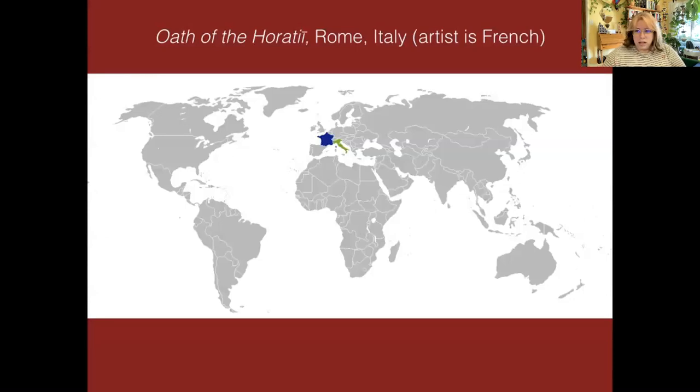I love this one. Oath of the Horatii. We've done this before. I'm sorry, I can't type something that's Latin with a long I and not give it the long I. So that's just two I's. You don't have to make the second I long.